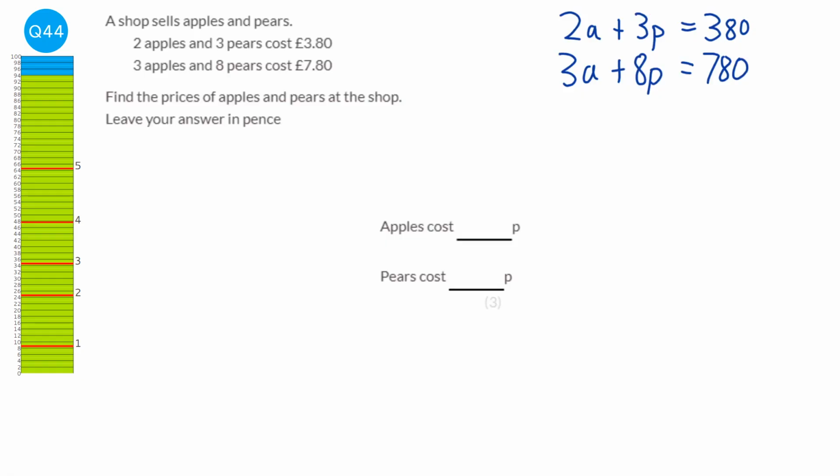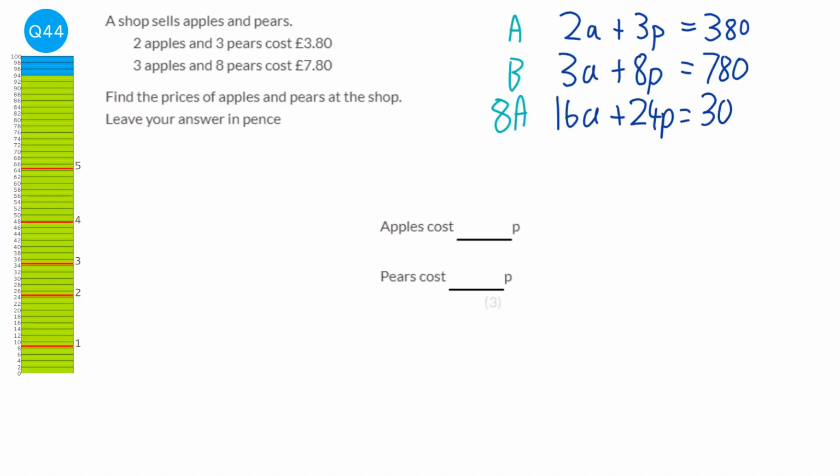And what some people do is they just label this A and this B. And so what we're going to do here is we're going to multiply everything in equation A by 8, so that this becomes 24. So it's going to become 8A. And so we're going to times the 2A by 8, which will be 16A plus 24p, and 380 times 8